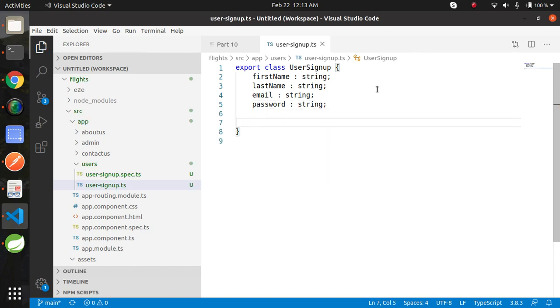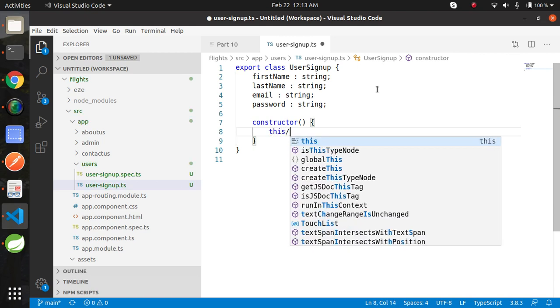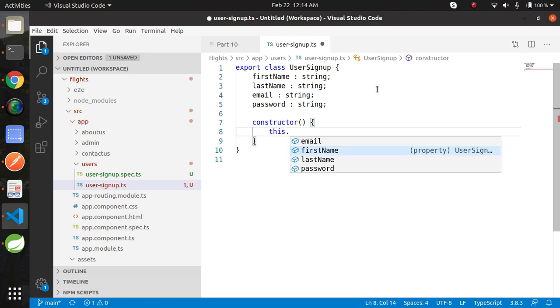Let's create a constructor. This constructor will be called whenever an object of this class is created. We'll create it and assign null value to all of the fields.